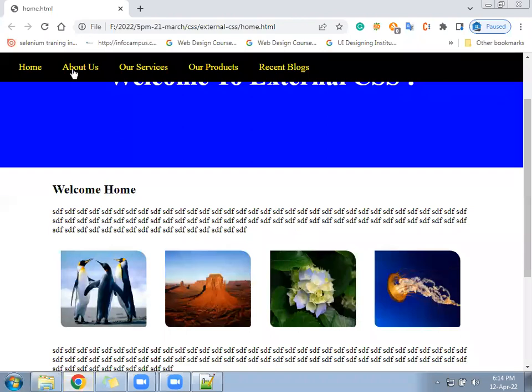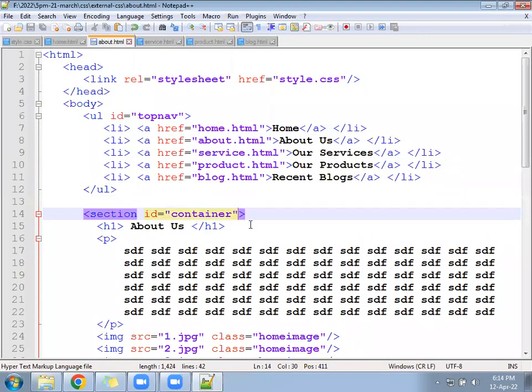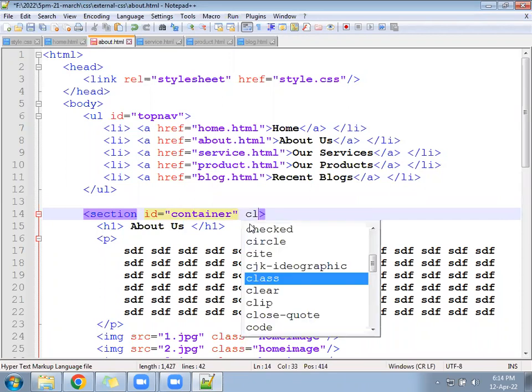Check now. Is the about page loading or not? Loading, but the heading is not visible because the heading is inside the navigation. Because of that, about us is not visible. So we have to write a class here to give some space from the top.